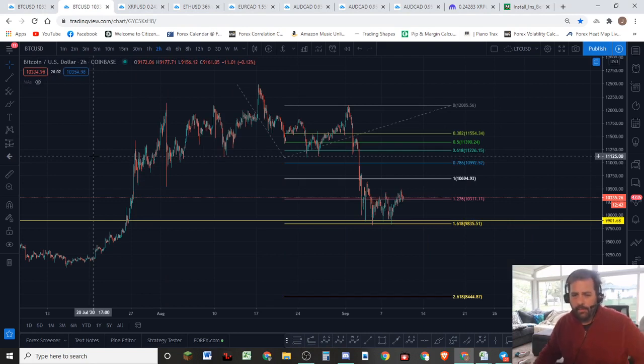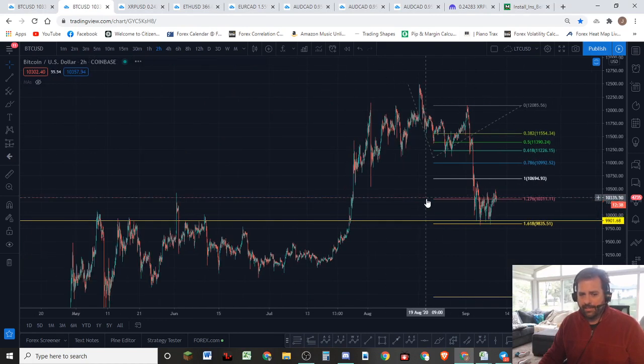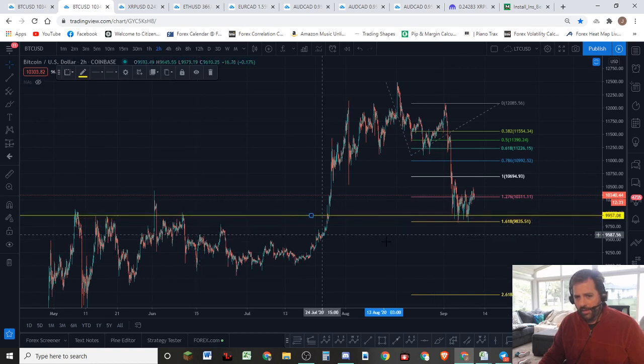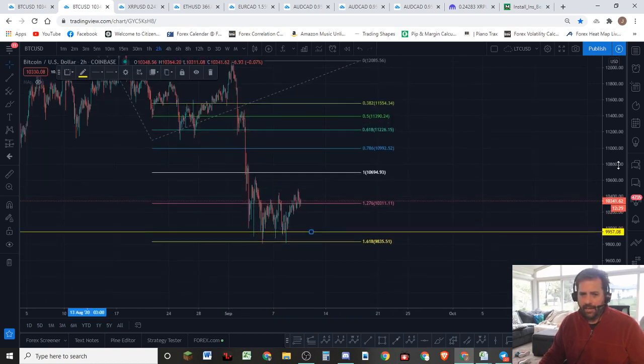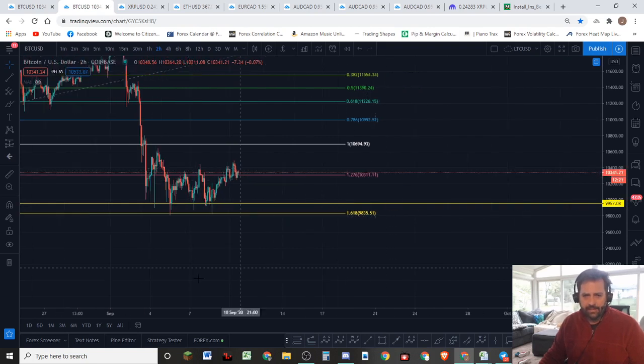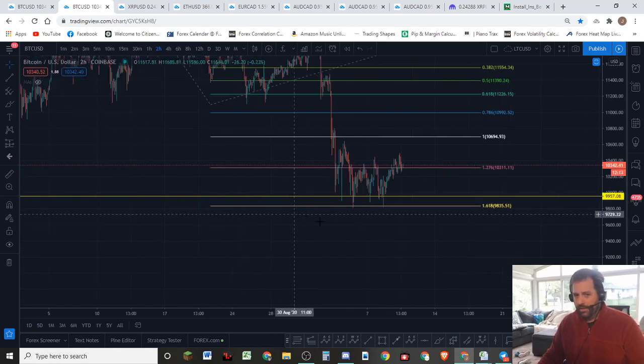But we have been playing around the 9800 mark, which is the 1.618 fib extension. It is also the top of these waves right here, this zone right in there. And we have tested it so many times. Here we got 1, 2, 3, 4, 5, 6, 7, 8, 9, 10 times at least. We have tested that zone 11 times. Guys, it likes that zone. You might say, oh, that's good support.